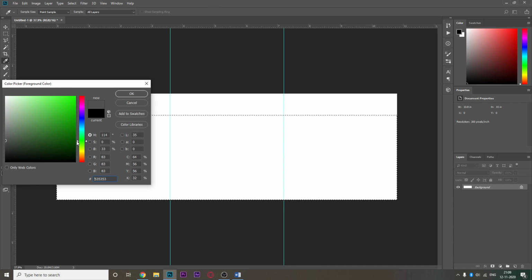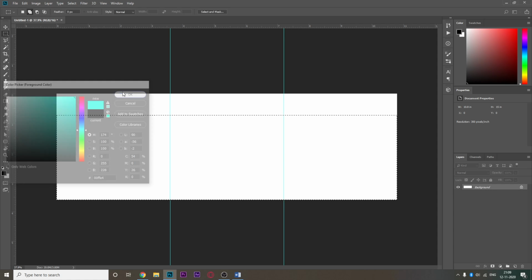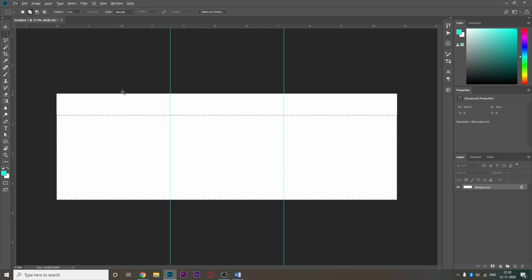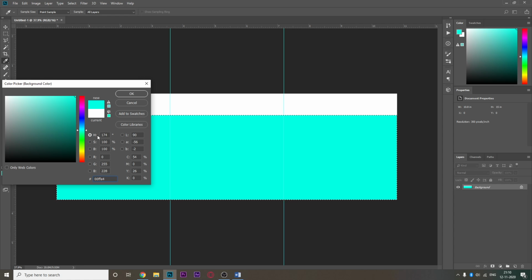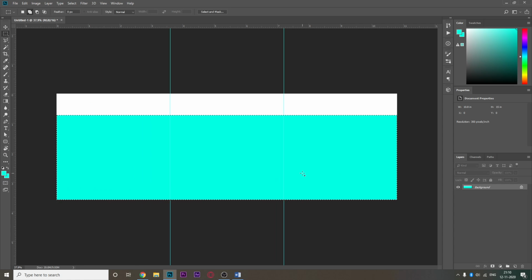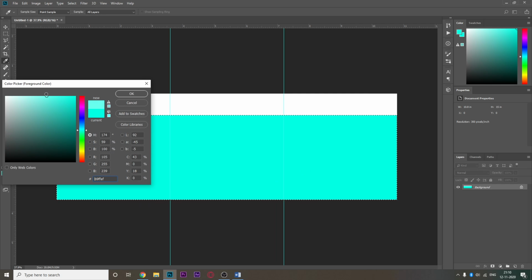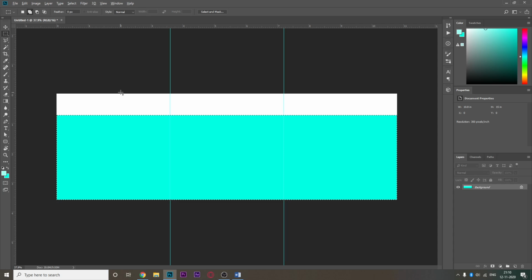I go with the classic. No, I like this color a bit. Yeah, this might be good. So I selected that color. Alt and Backspace will fill it with the color that is in front. Let's see. And let me go here and lighten this up a bit. So now with Alt, the front color is a bit light, whereas if I press Control and Backspace, it'll fill with the color that is behind. Now this color can be anything you want, anything of your choice, and it will work.